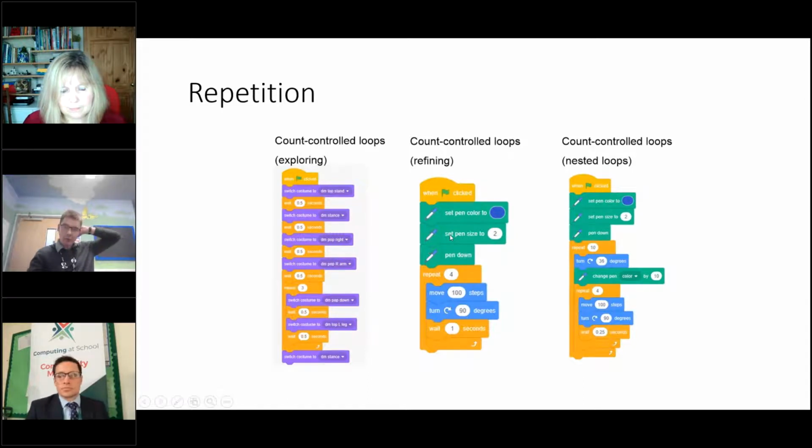Then we might move on to a more refined use of it. These next 2 examples have been modified from the Barefoot Primary resources, which modified crystal flowers to make with a print output on it. But we'd be looking at children's purposeful use of count control loops. So here, knowing that they're making a square, they want this instruction repeated 4 times. In this one, we've got a nested loop, so we've got the square being reproduced again, but we've got this relationship between the 10 and the 36 to make 360 to make a circular pattern with the squares.